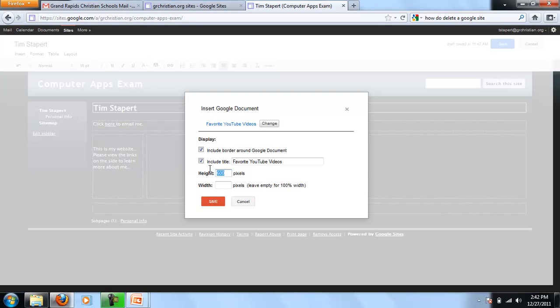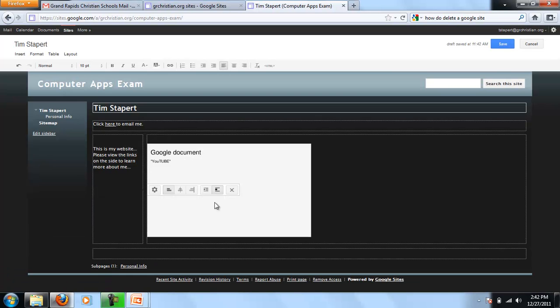I can assign the height if I want to make it smaller. Kind of remember that from processing. I can include the title. I could change the title. YouTube. I don't know. I can have a border or not have a border. Again, all these things we can edit later. And right now it'll show up as this little box that we can't see anything in. But when we click Save Changes,